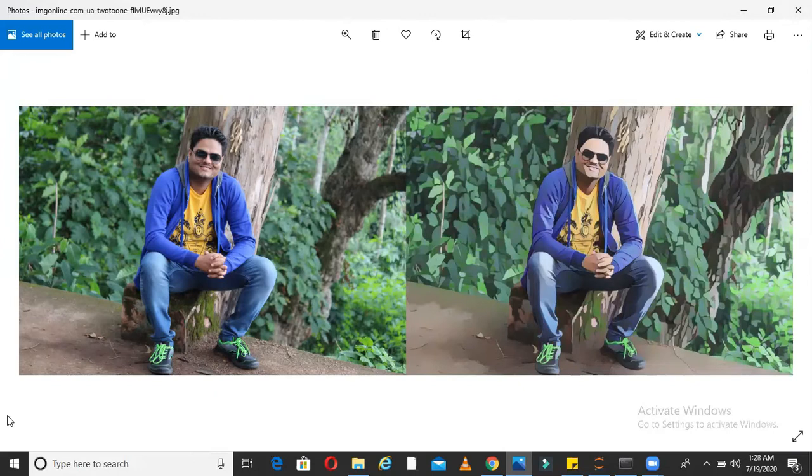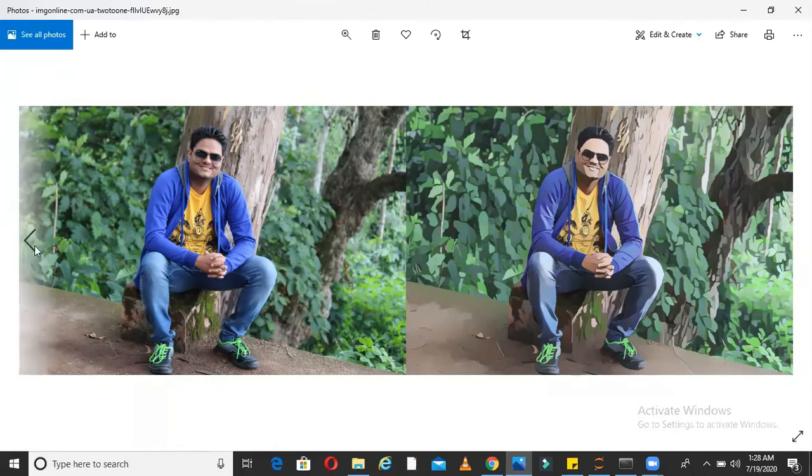In this video, I am going to show you how you can create the cartoonized image of any given image using deep learning. What you can see right now on the screen is one of my images on the left-hand side, and on the right-hand side I have the cartoonized version of that image. This has been done using a pre-trained deep learning model. I will show you what that model is.